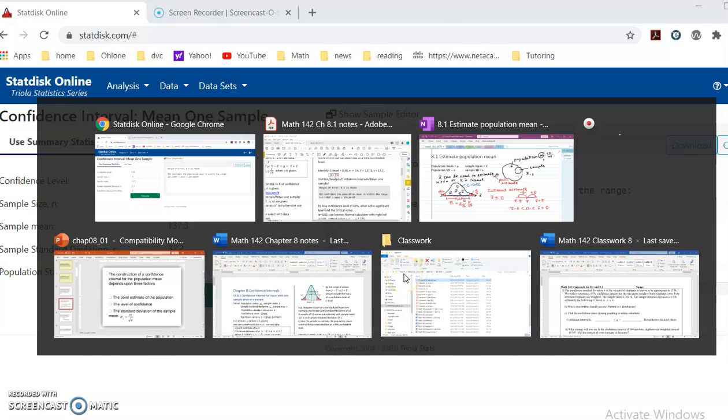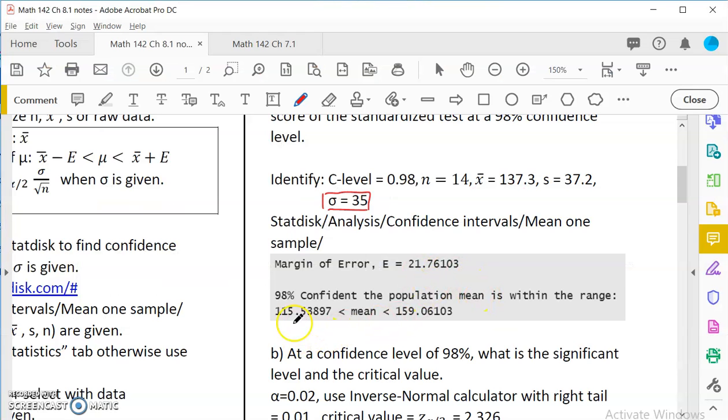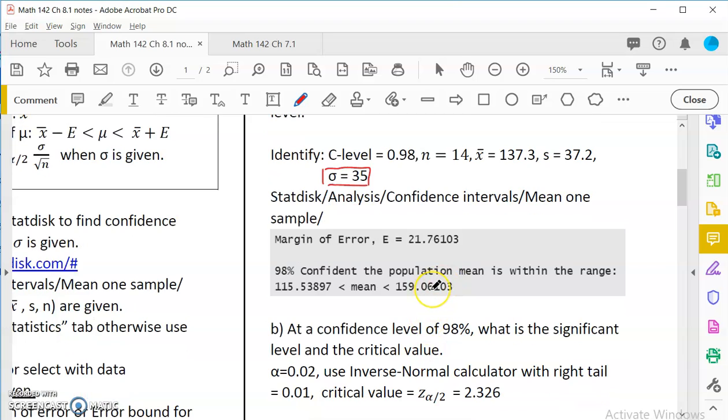So let's go back to our notes. So you see 115.54 and 159.06. So when we write the answer, usually we write using symbols. We'll say mu is between 115.54, rounding, and 159.06. If I want to do the plus and minus way, I would use